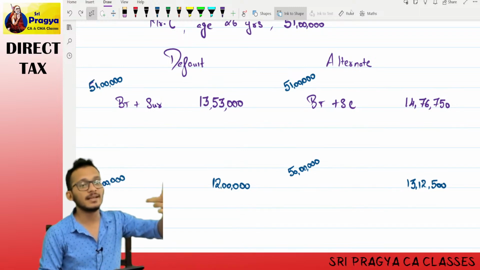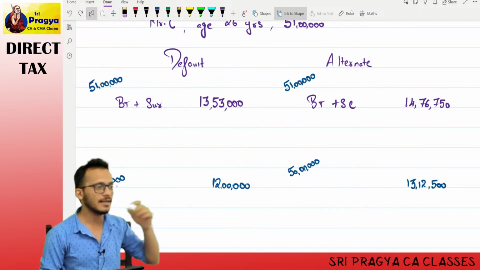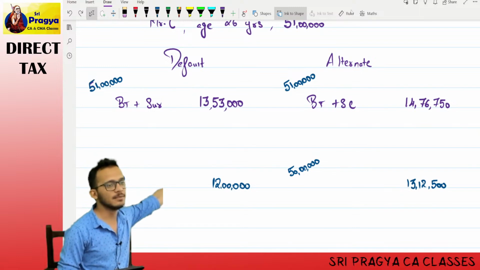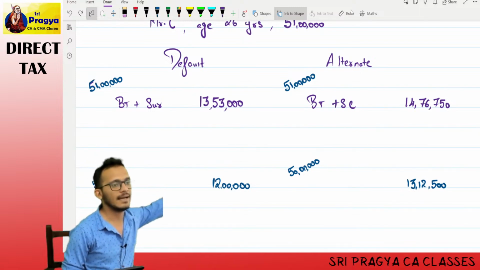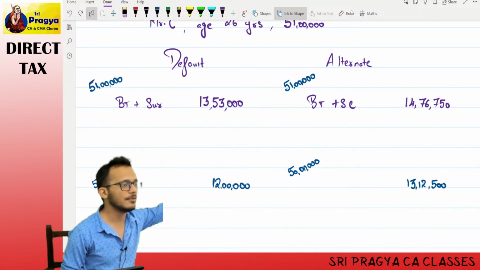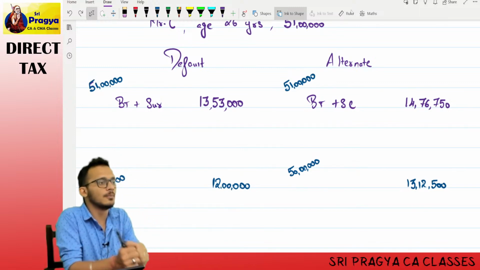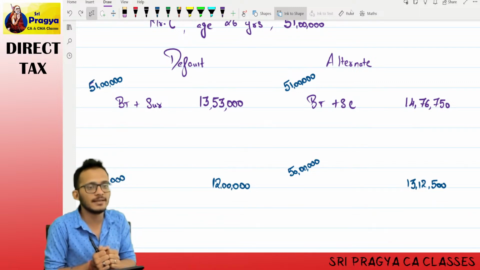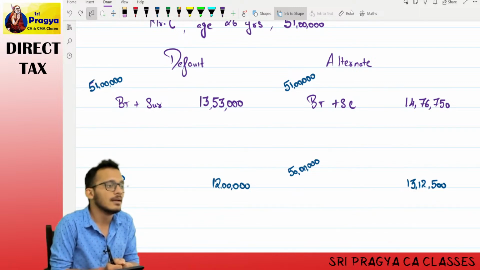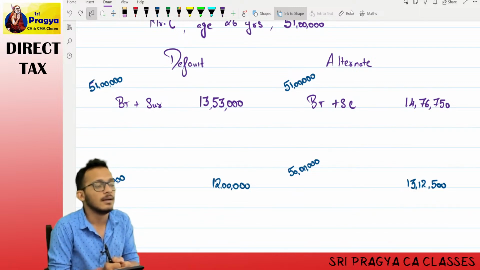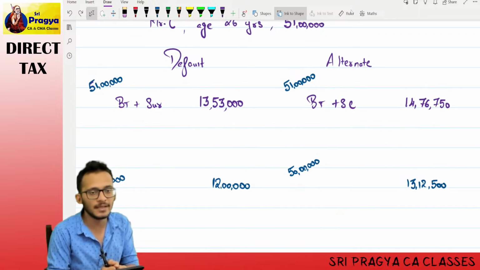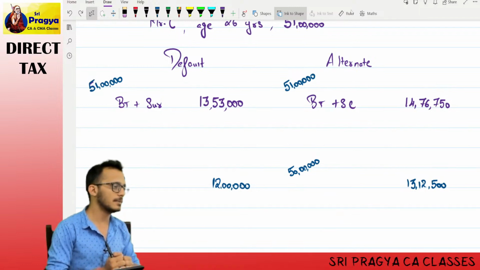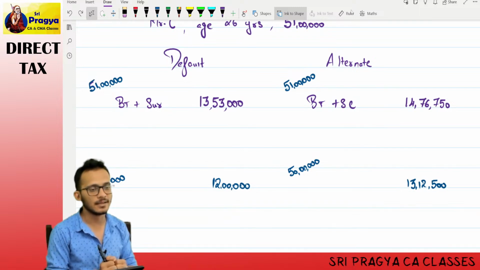Which means I can also write it the other way around. I can come and say, sir, my income is 51 lakhs. Tax on that is 13,53,000. I will surrender my income to you, but don't ask me for anything extra. How much is the extra? 53. So I will not pay. This is what income tax now calls marginal relief.